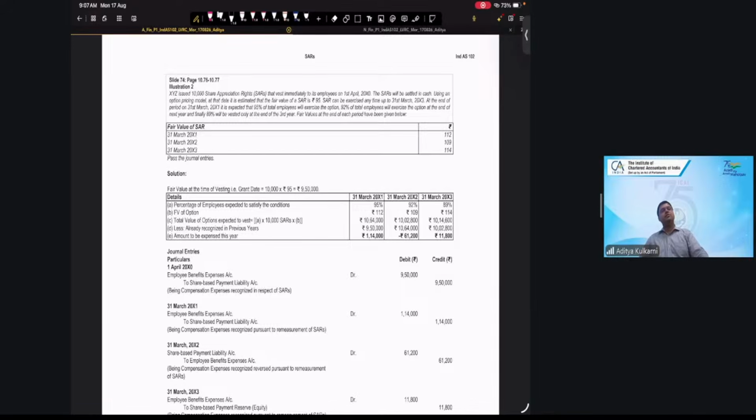Second, in the case of ESOPs, the employee must first have the cash to buy the share, and then he can utilize that to sell or hold it. So the fundamental issue with ESOP is that to encash an ESOP, the employee must first have cash. If there is no cash with the employee, then an ESOP cannot be fulfilled. And it is this void that is filled by a stock appreciation right.